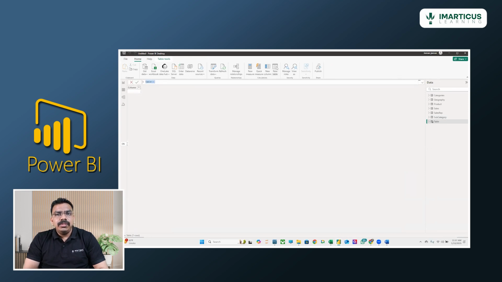Now I am going to create a time intelligence function. To create this, let me zoom this in for better visibility. You want to use Control and increase your scroller, so it will zoom. So I am creating a new table called date master. Date underscore master is equals to,